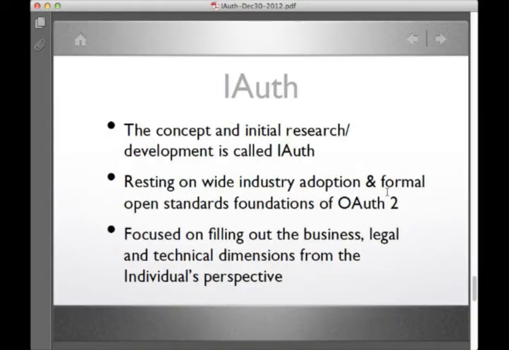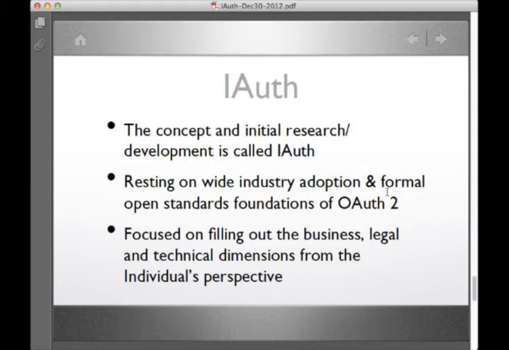So the basic concept here of integrating the user contracts with these dynamically generated and user-controlled additional terms that involve and actually literally incorporate the additional parties and their rights and obligations with respect to access to the user's resources, and in this case their personal data, is being called IAuth.